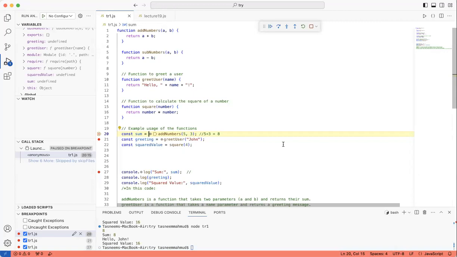What if 5 plus 3 is 8, but it shows 7? That's the wrong answer. How do we figure out what the solution to the problem is? Because we are not really adding anything over here, are we? We are adding everything in the add numbers function. Does that make sense?